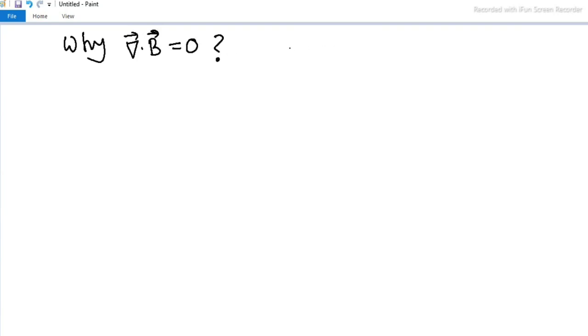So what is B? B is here the magnetic field. B is nothing but my magnetic field, and we call it magnetic flux density. Now we know, from the last class, that whenever any charge is static,